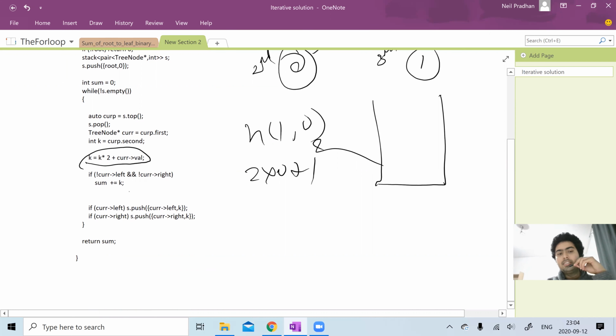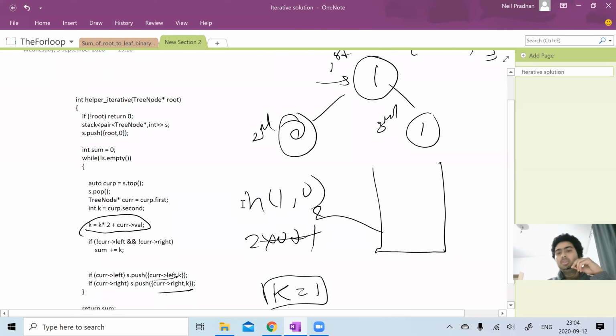If that's not a leaf, we ignore it, but we have the k value updated. So k will now be 1, and we are going to push the left and right: the second node with 1, and the third node with 1.